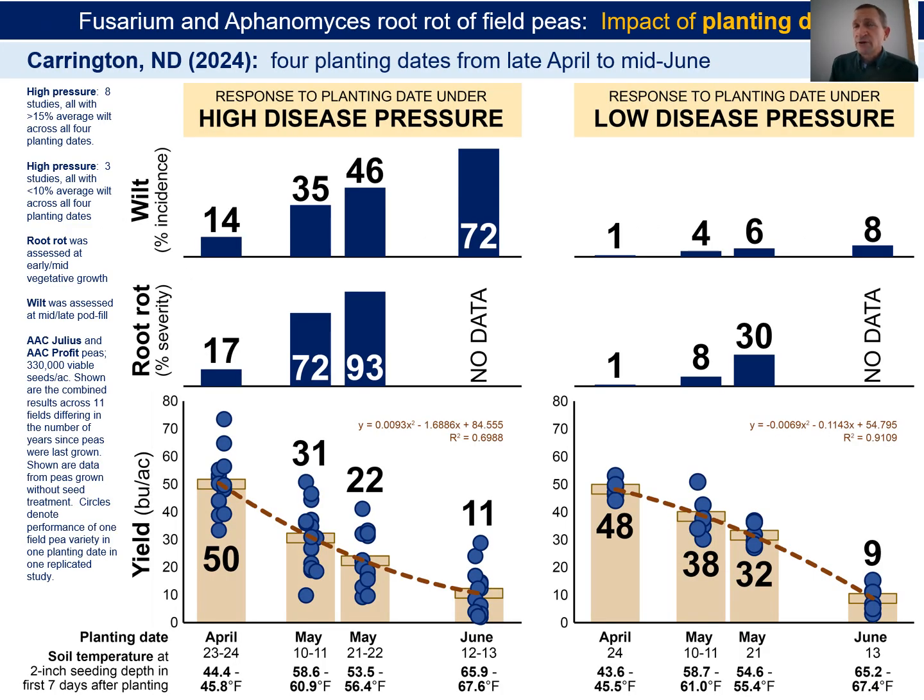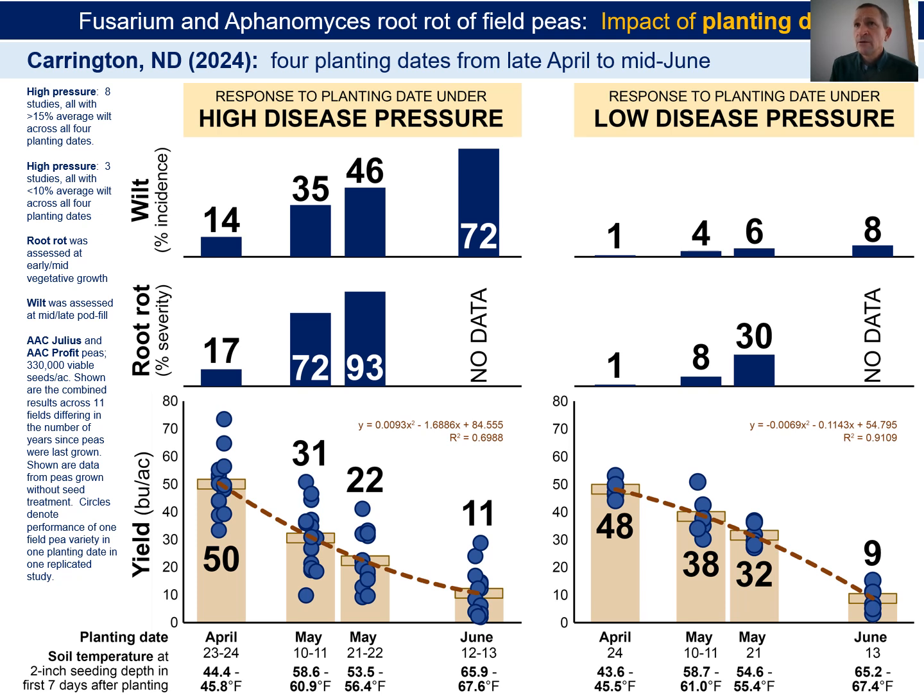In 2024, we ran planting date studies across 11 fields in Carrington that differed in Aphanomyces and Fusarium root rot pressure. In 8 of those fields, we had very high pressure. In 3 of the fields, we had lower pressure. You can see that right away with the wilt incidence data and the bar graph on the very top, or the root rot severity data and the bar graph in the middle. All the fields had some degree of Aphanomyces and Fusarium pressure, but there were very strong differences in the severity